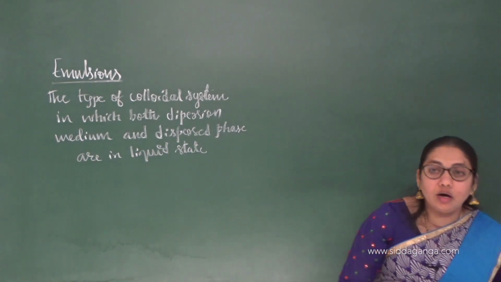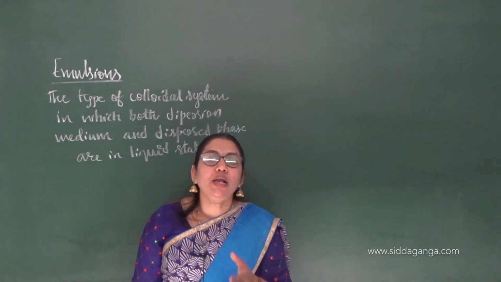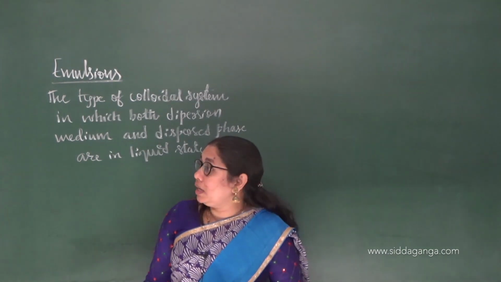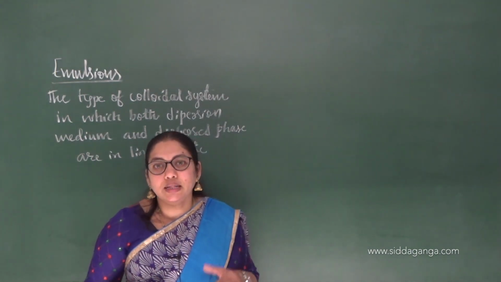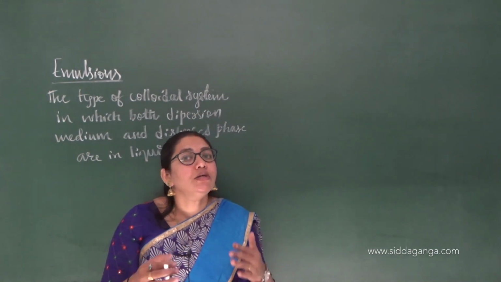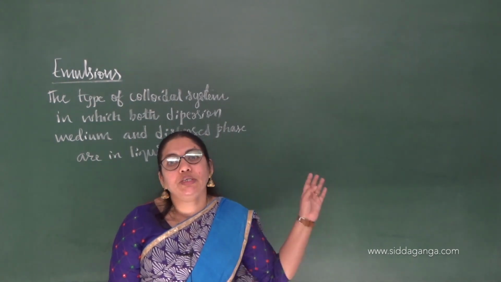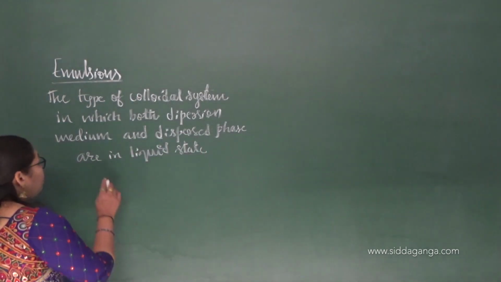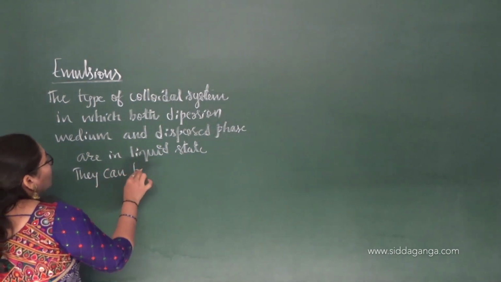You can prepare these emulsions by mixing any two immiscible liquids, or partially miscible liquids. Immiscible means they are not mixing with each other. Is that clear? They are not forming a homogeneous mixture. If you mix them, they form two different layers. Such types of liquids you have to use for the preparation of these emulsions. So emulsions can be prepared by mixing